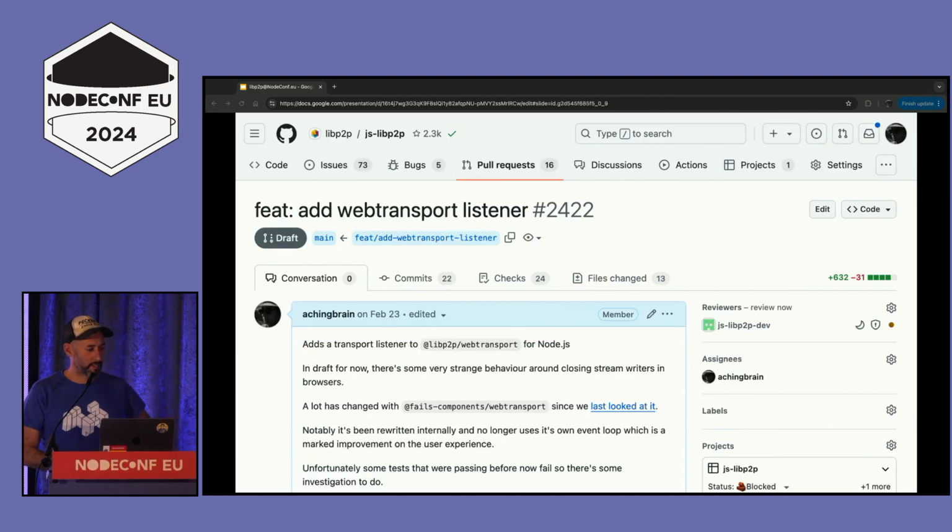There is WebTransport as well. WebTransport is built on top of QUIC, so it gives you those nice UDP properties. It doesn't exist in Node yet. I do have a PR that's been open since February to add WebTransport support to JS libp2p, and it's